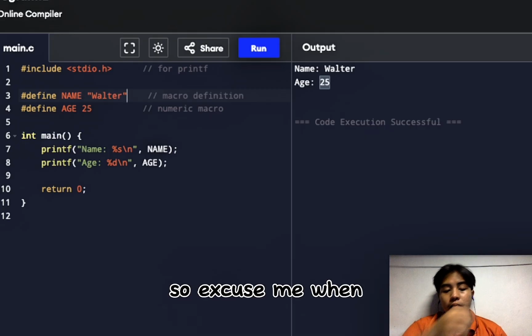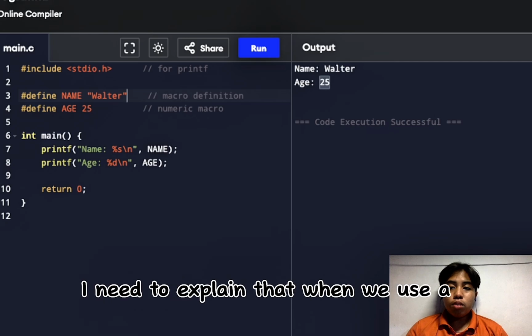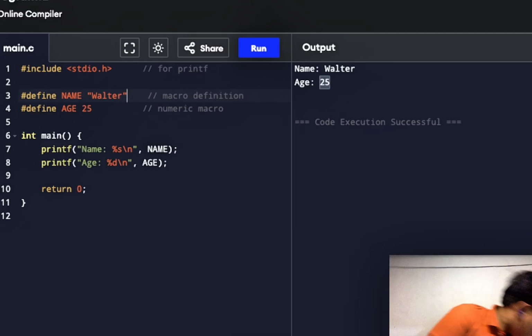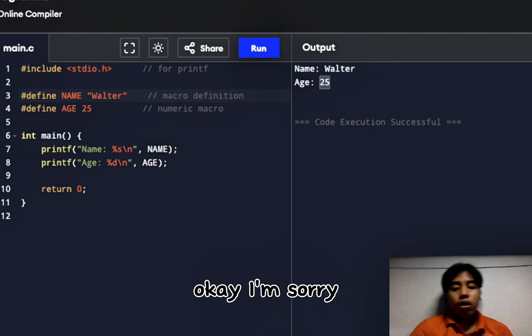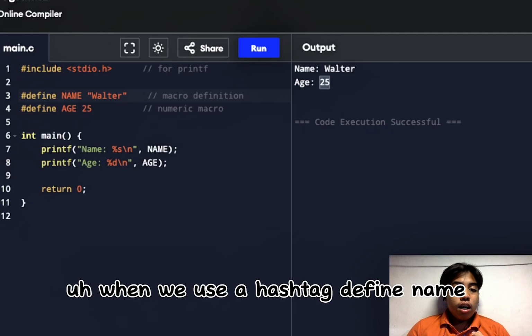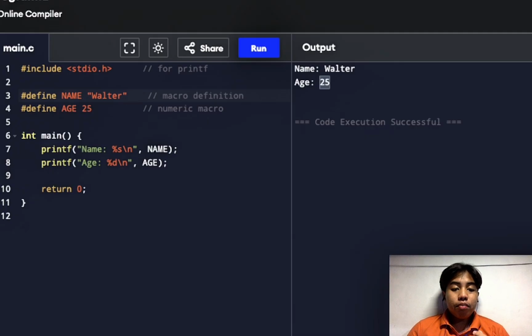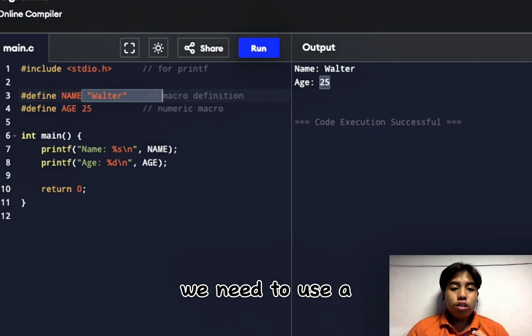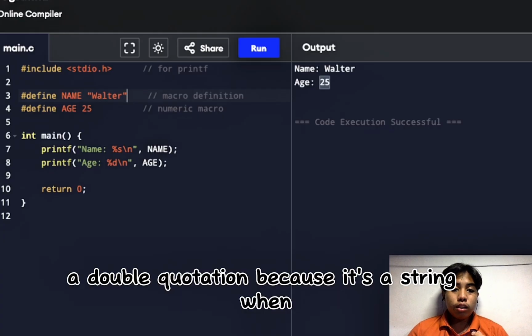There's another thing I need to explain. When we use a #define name and it's a string, we need to use double quotation marks because it's a string.